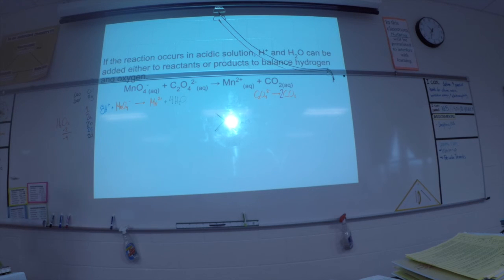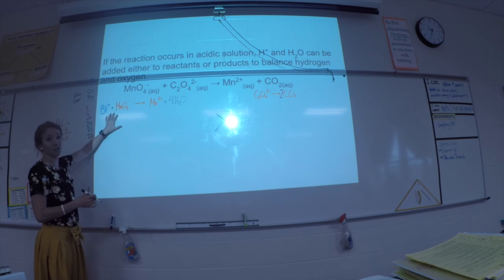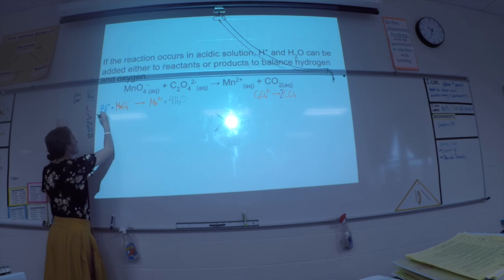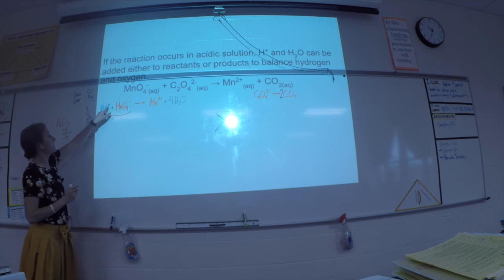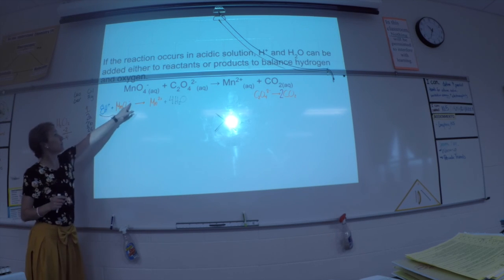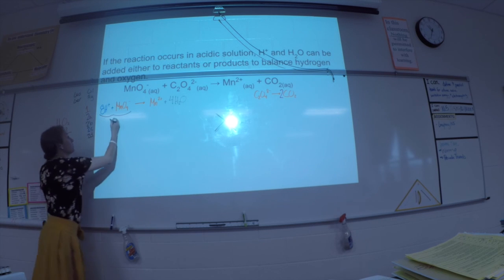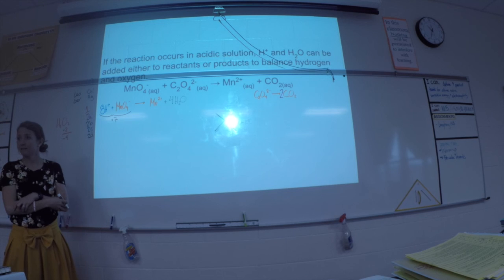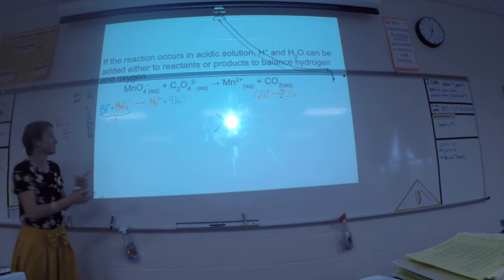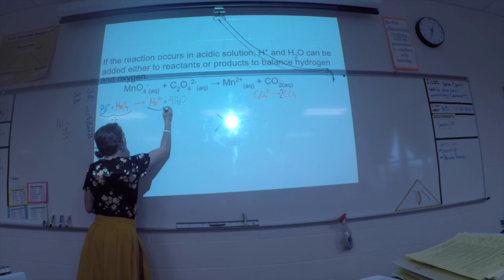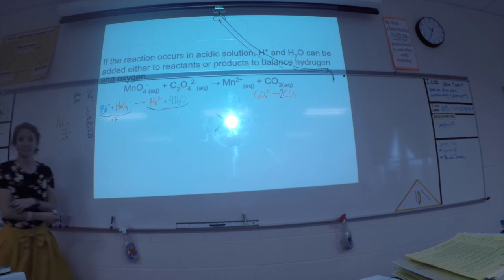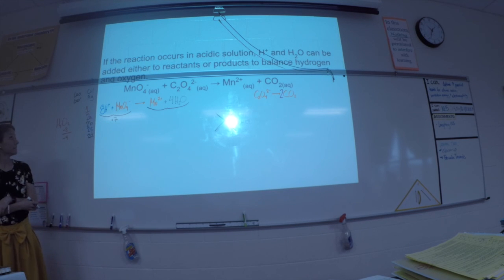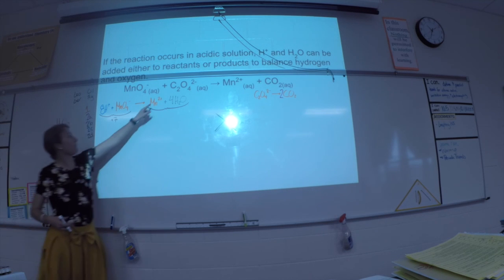Add electrons. So now we're looking at, okay, how many electrons are being transferred? So what we're going to do is add up the charge on each side. So the total charge of the reactants, we have 8 positives, 1 negative, so plus 7. We're adding the charges to see the electrons. On the product side, I have plus 2